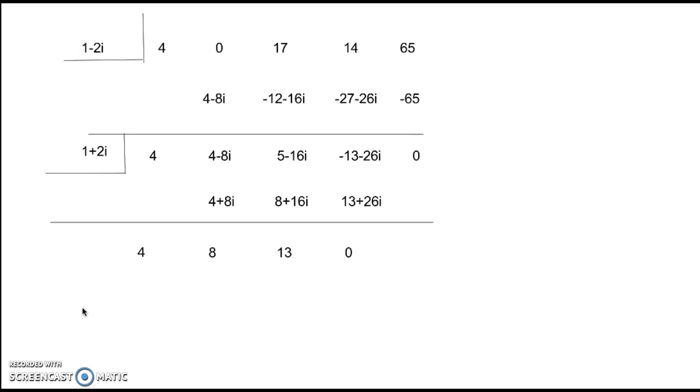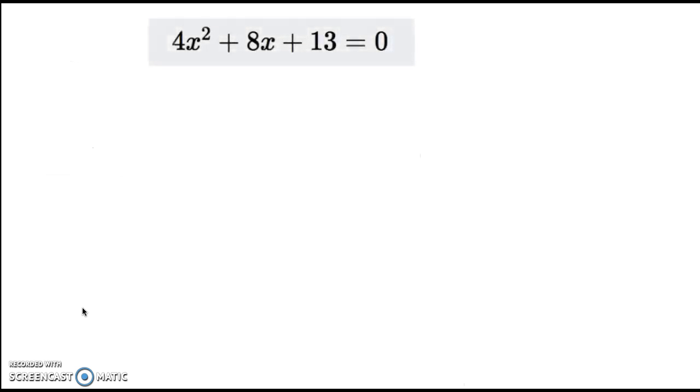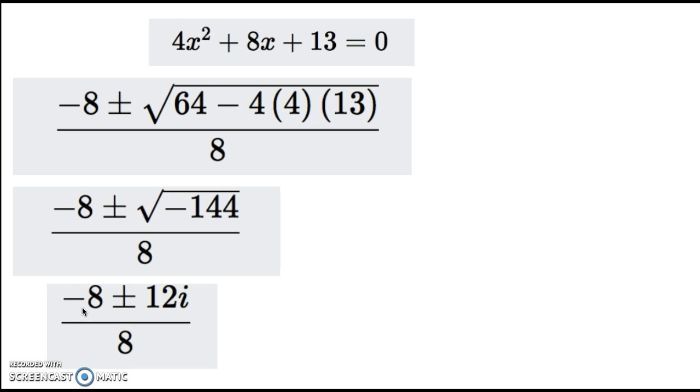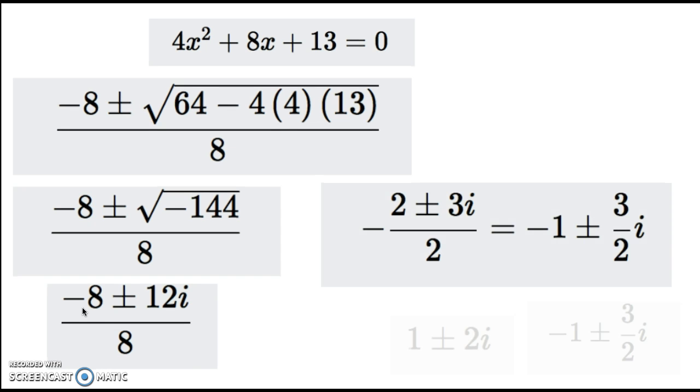Here we are starting to form our following and last equation to get our answer, which is 4x squared plus 8x plus 13. With that, it's going to be hard to factor, so what we are going to have to do is use the quadratic formula. Here, just plug in your values, and you're going to get negative 8 plus or minus 12i over 8. But we're going to clean that up, and we're going to get negative 1 plus or minus 3/2 i. And don't forget your conjugates, 1 plus or minus 2i